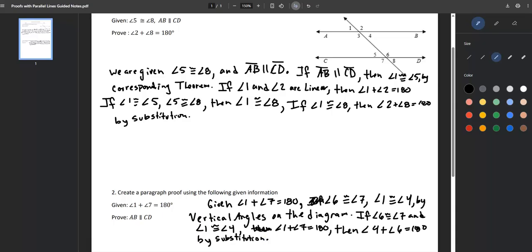Okay? And then once I've done that, if angle 4 plus angle 6 equal 180,